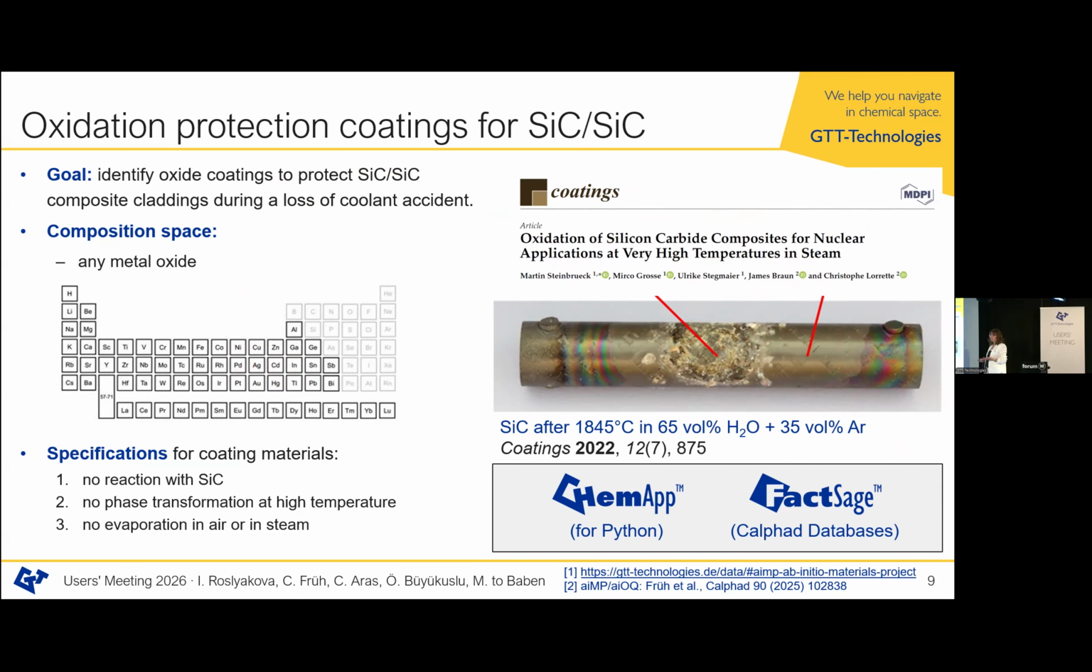And we will select it in 3 main steps. So when we specify our requirements in such a way, we don't want to have any reaction with silicon carbides, first of all. Then we don't want any phase transformation at a high temperature to avoid possible internal stresses, for example, if transformation could happen, or the material melts way too early. It also should be no evaporation